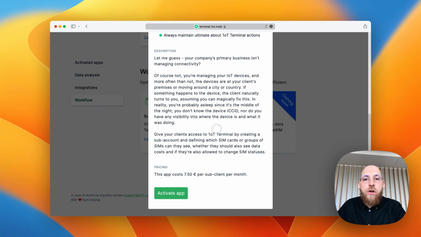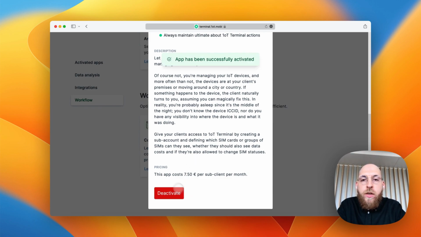And in this video, I'm going to go through a step-by-step guide on how to actually use this new white labeling functionality, show what it means, and also what it takes to invite the first person to the platform and what the interface is that they are seeing once they log in. But to get started, let's activate the app.